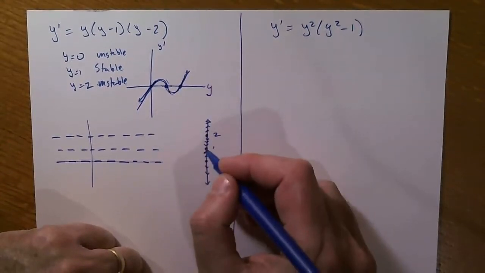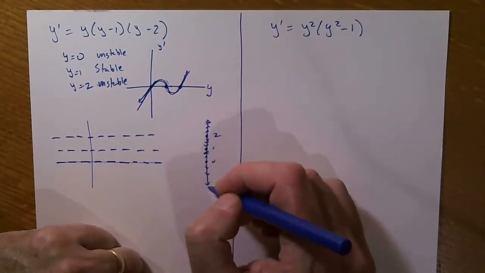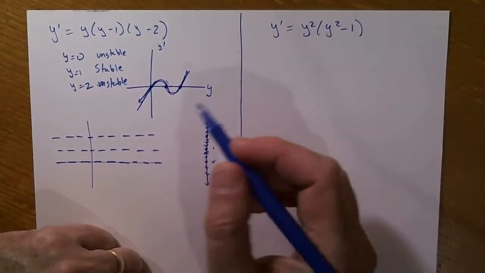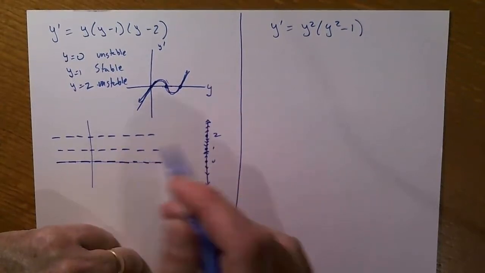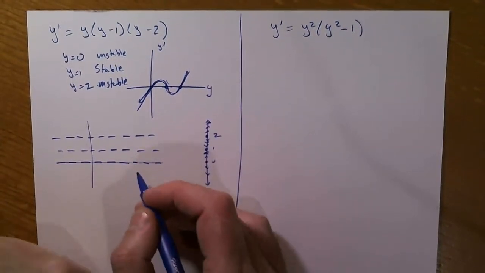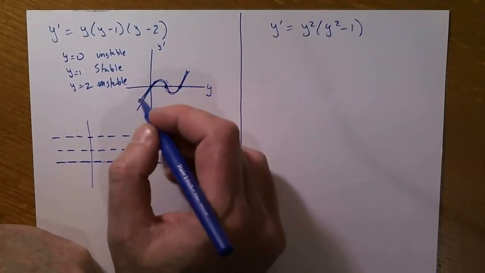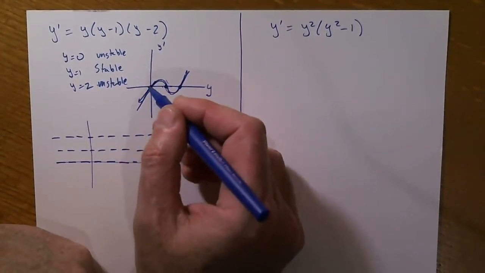So that is this thing. I don't really use the phase line to get the information. I can see it here, or I can see it once I draw the slope field. Because the slope field here, looking at this, I can see when y is less than 0,